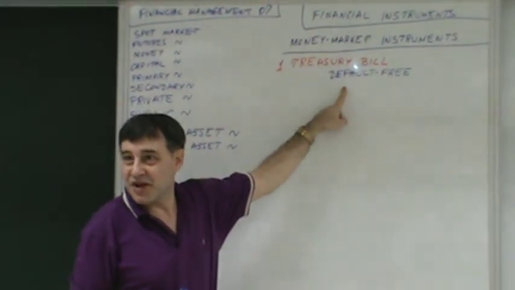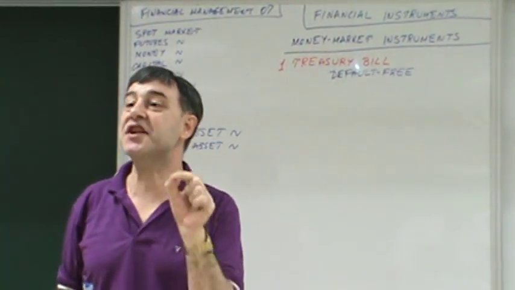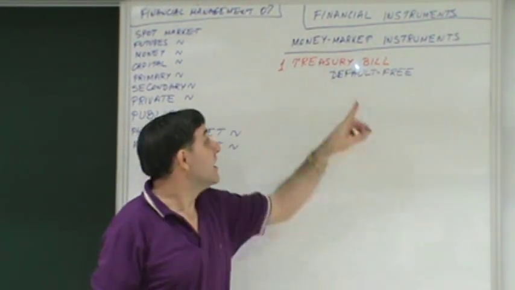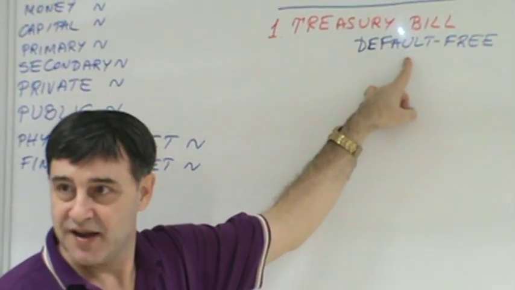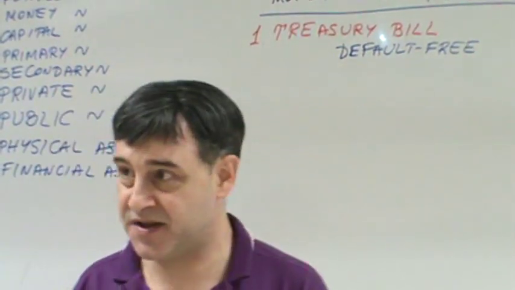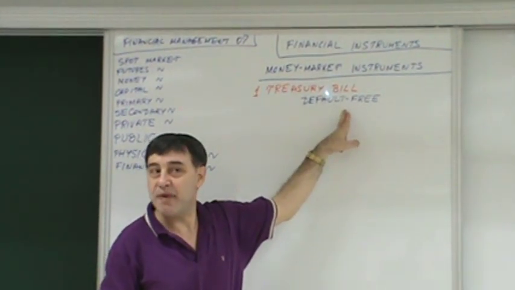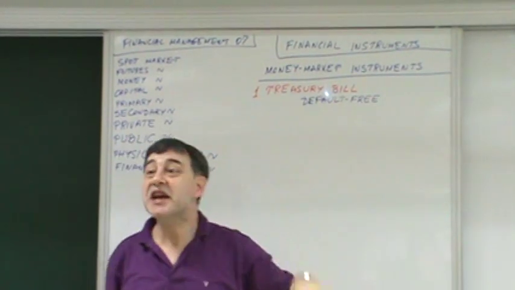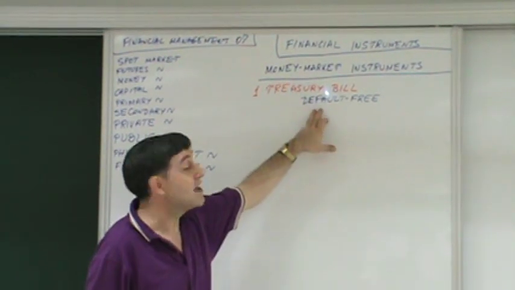Default-free doesn't mean risk-free. Default-free means it is free from the risk of default, but it has other risks. It still has currency risk, okay? As any financial instrument, it still has interest rate risk. It still has purchasing power risk, which we also call inflation risk. So the point is, it has a whole bunch of risks anyway, but at least it doesn't have the risk